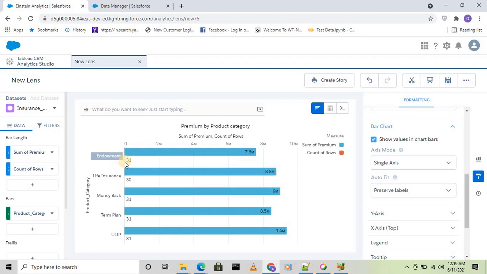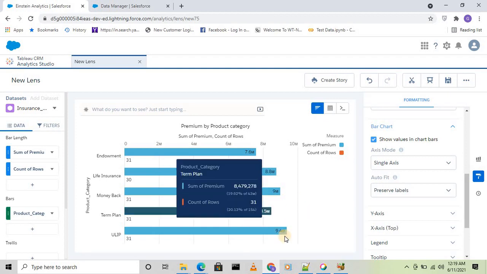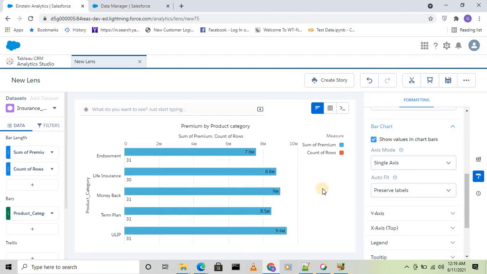So that's why you see, though it is showing number 31, the bar chart is not at all visible, because it's such a tiny number against the 7.6 million, right? So if I have a number like 7.8 or 10 millions, in that scenario you can see a comparison. So we'll see that in another video.